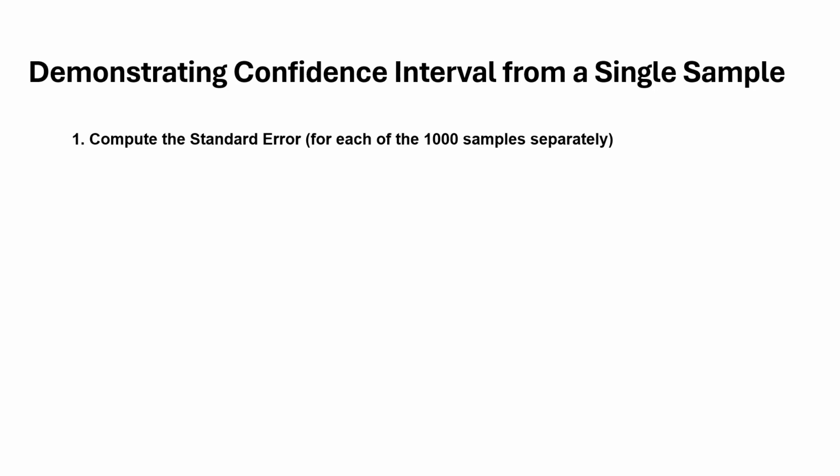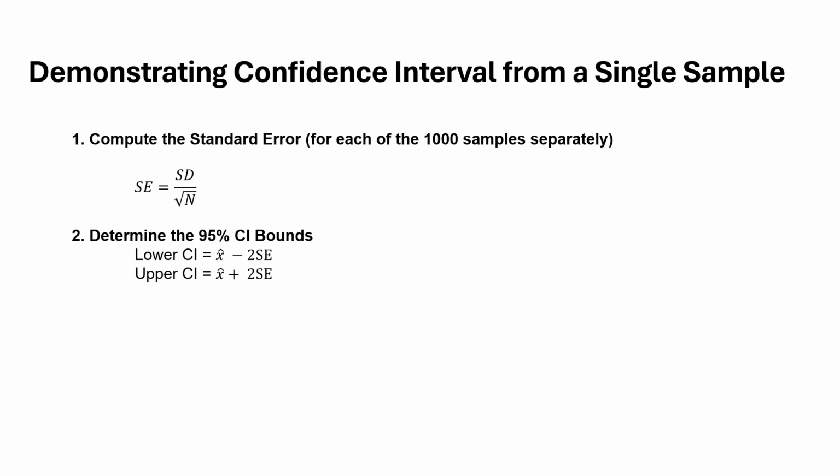Okay, so we learned that in order to compute a confidence interval, first we have to calculate the standard error by the formula: standard error is equal to standard deviation over square root of n. And then the second step, we determine the 95% confidence interval bounds, the lower confidence interval being the mean of the sample minus two standard errors, and the upper confidence interval bound of 95% would be the mean of the sample